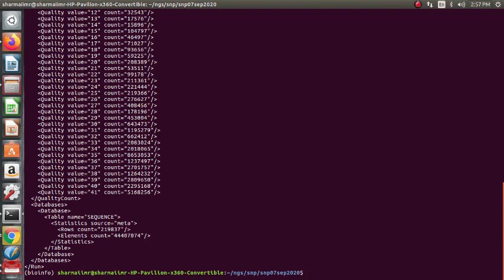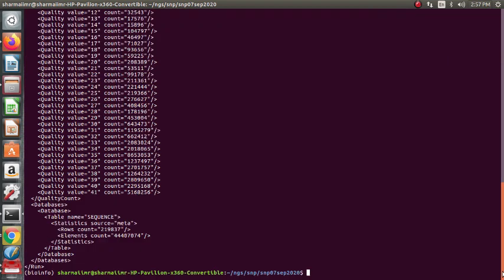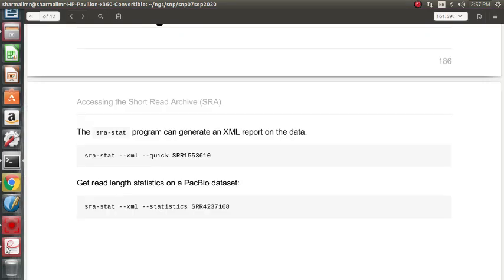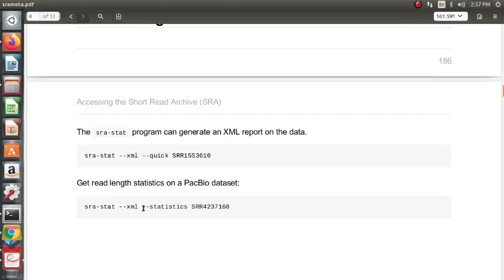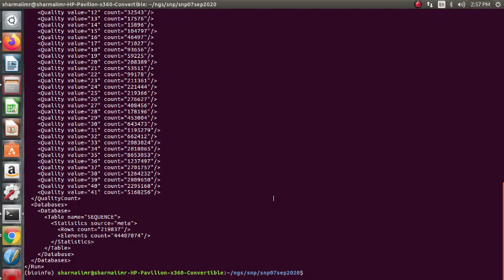So basically this is 1, 2, 3, 4, 5, 6, 7, 8, right? So we can use the extract command, using XML extract, and then parse this. Okay, so quickly coming back, get read length statistics on a PacBio dataset. For PacBio, a specific SRR number with about 10,000 read length is given here.